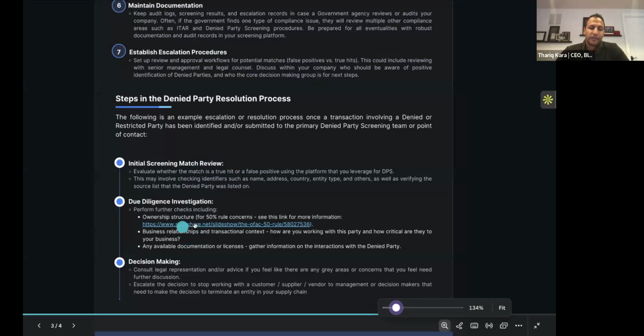And we've got additional information around the 50% rule and touched on that a little bit. That's important as well. And then the decision making. If you've got a supplier on a list, and you designate them or you sanction them, what does that actually do to them, right? So there needs to be communication and working with them, potentially with legal if you need it, or just a straight up, hey, here's our company